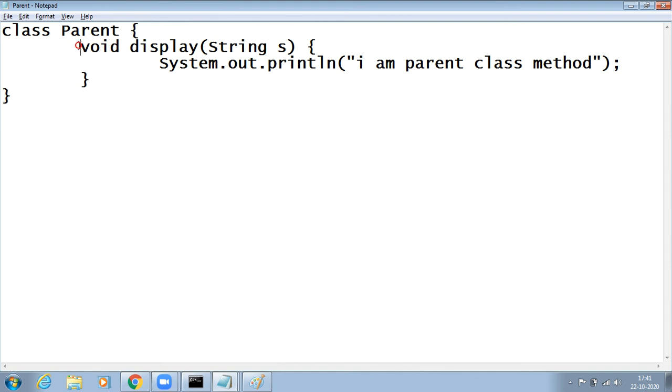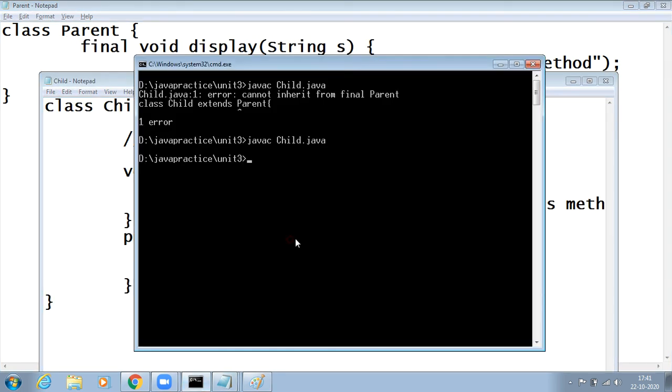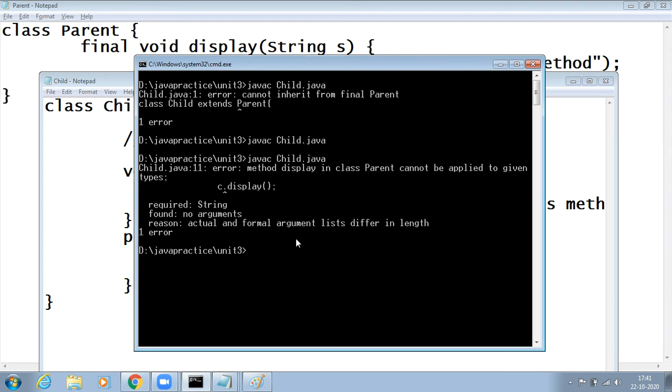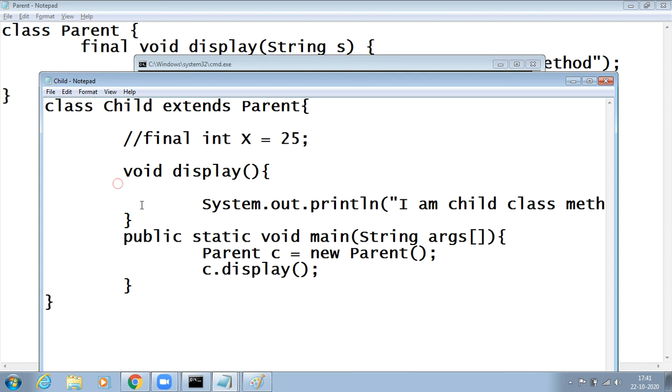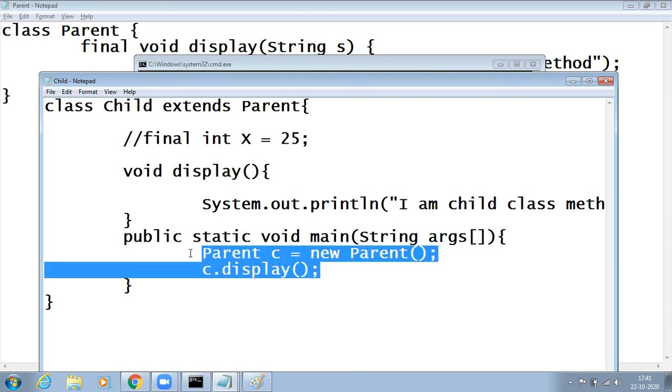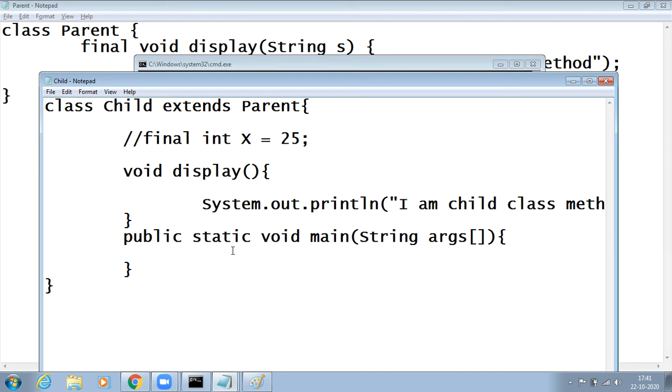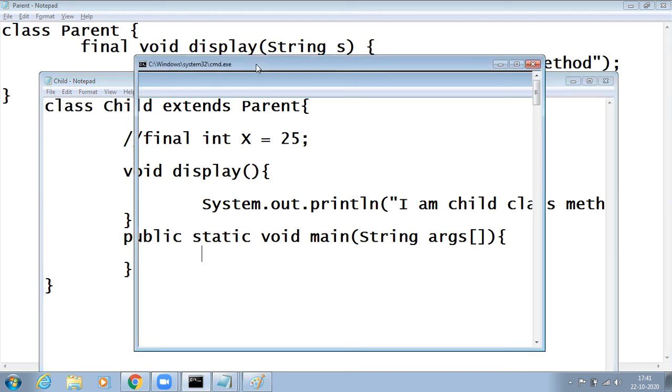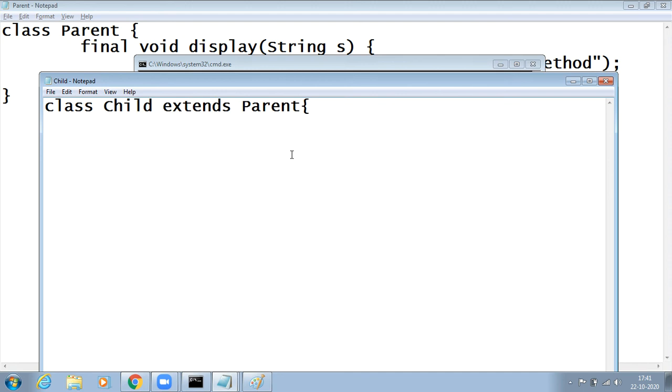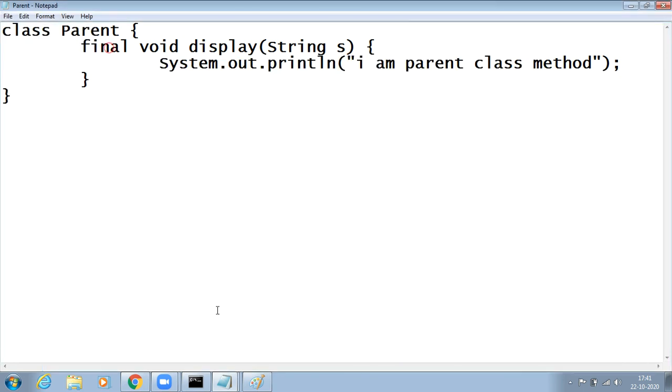For example, if you keep final like this, we won't get any error for the child class, because, okay, maybe I have gone to the parent class here. Maybe it is taking the name. I will save it again and run that again.